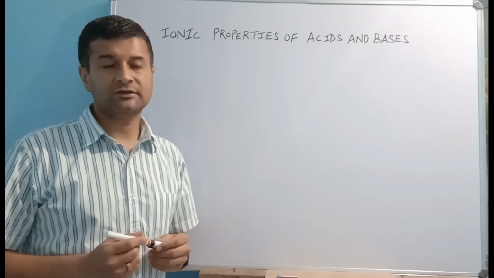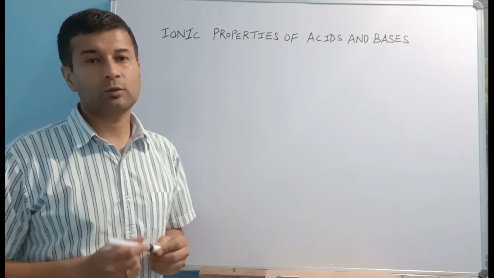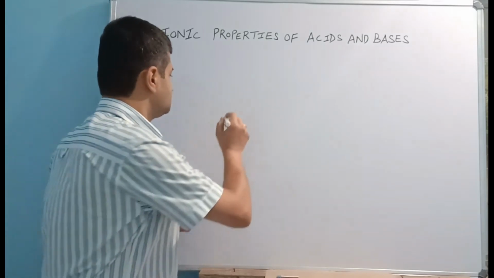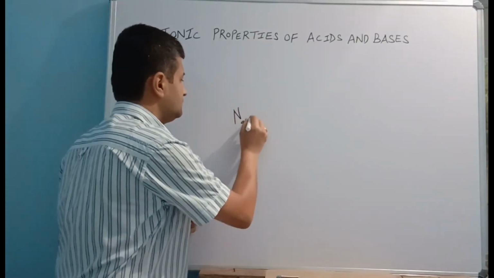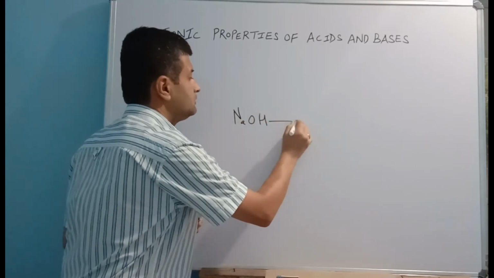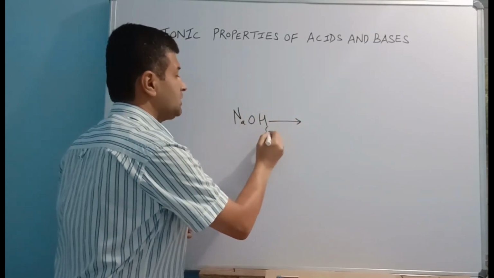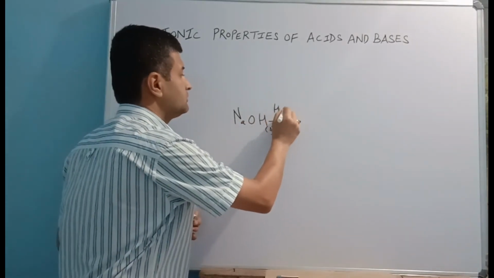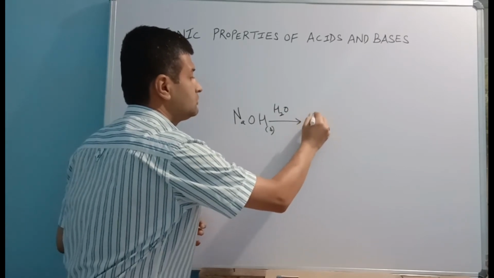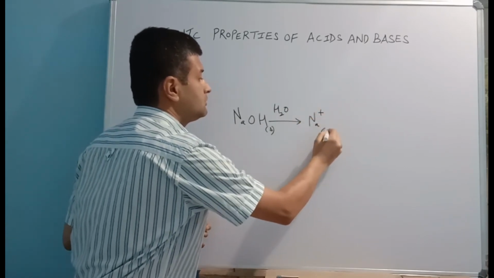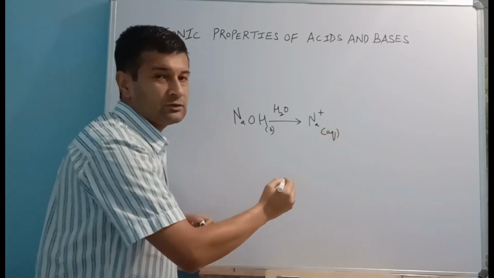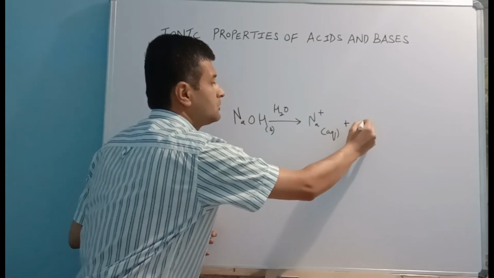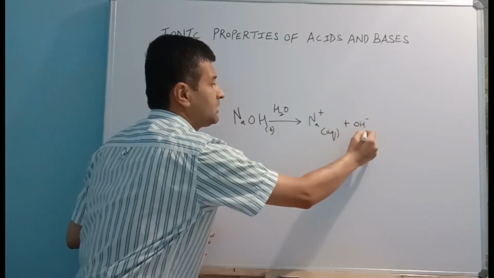Bases, on the other hand, dissolve in water to give OH minus ions or hydroxyl ions. When we dissolve sodium hydroxide, which is solid, in water, then we get sodium ions aqueous and OH minus ions